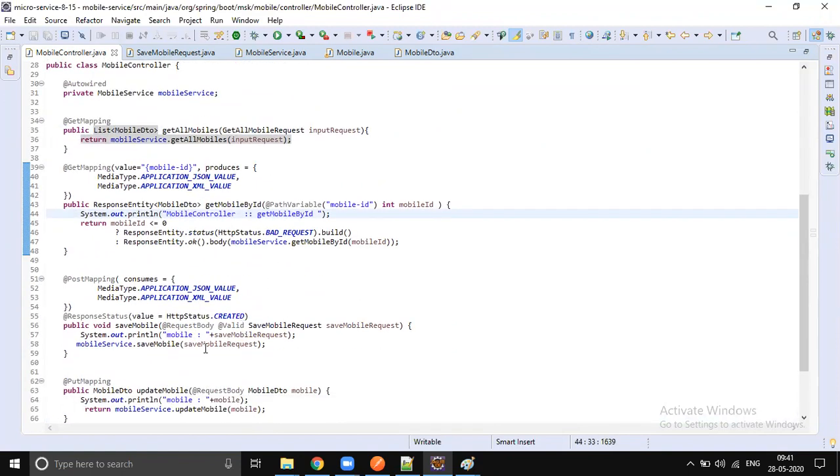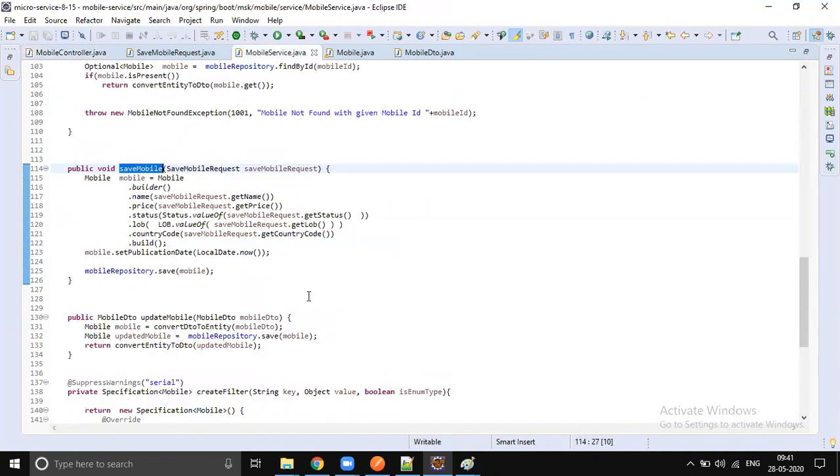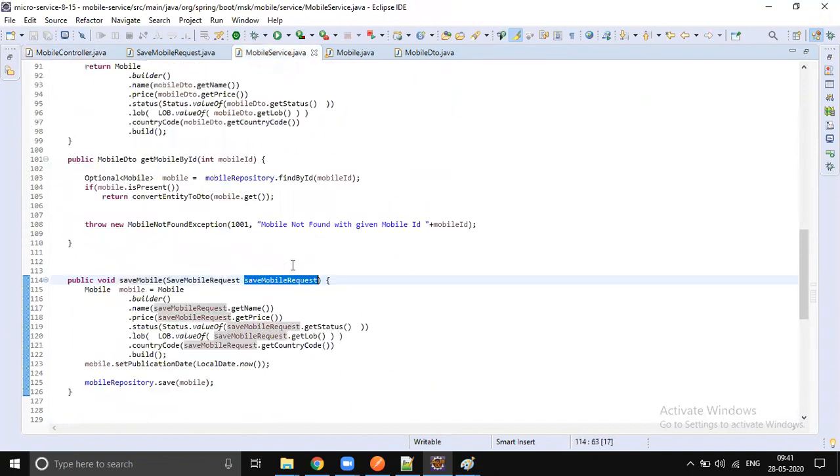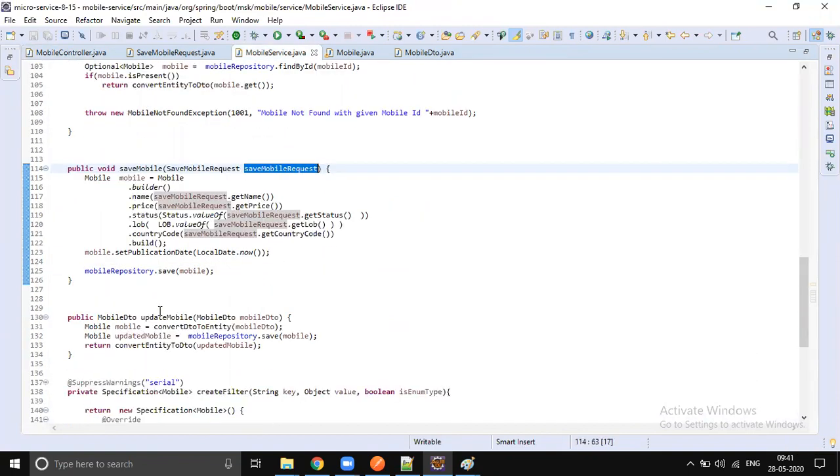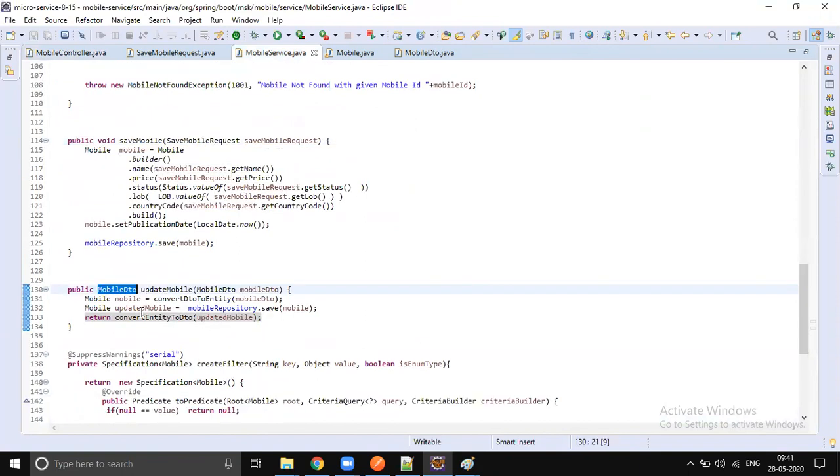So when we go to the service, the input parameters should be the DTOs and the return type should be DTOs. But internally it will convert the DTO into entity classes and make database calls.